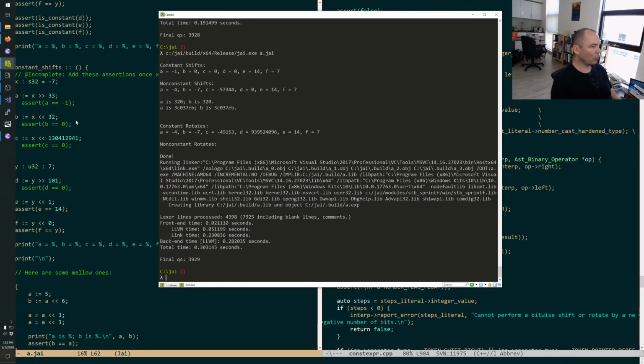So if we look at our non-constant shifts here, C is supposed to be 0, for example, because we shifted it by a great deal, but it's like some number because it wrapped. It's not supposed to wrap. Okay, this is x64 specific behavior. It's actually